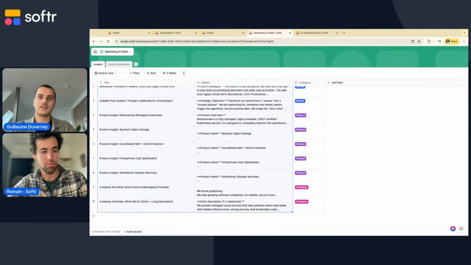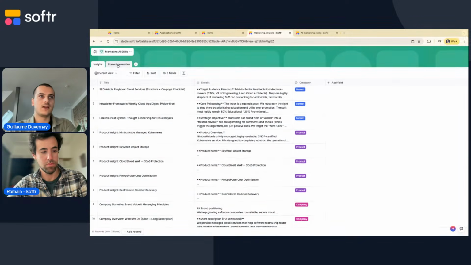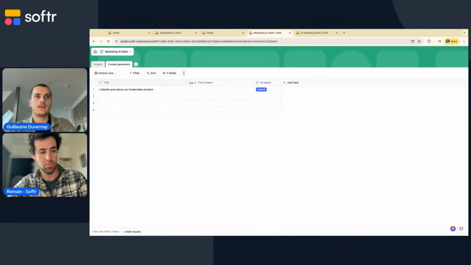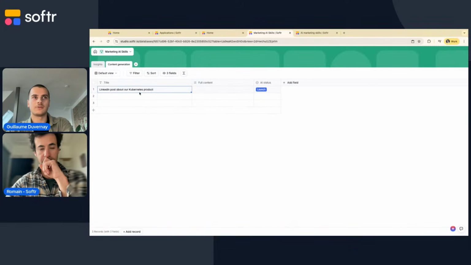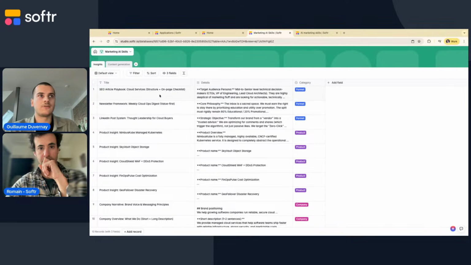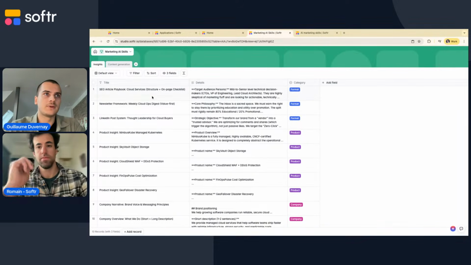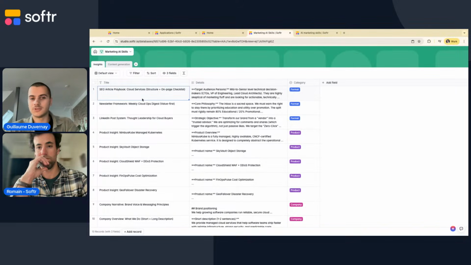So I tried to break down this topic a bit, and the use case would be, if we have here marketing requests, so here a LinkedIn post about our Kubernetes product. If we want AI to help doing that, if we look at our database of insights, we have here the SEO playbook, which is not relevant here. Newsletter framework, not relevant.